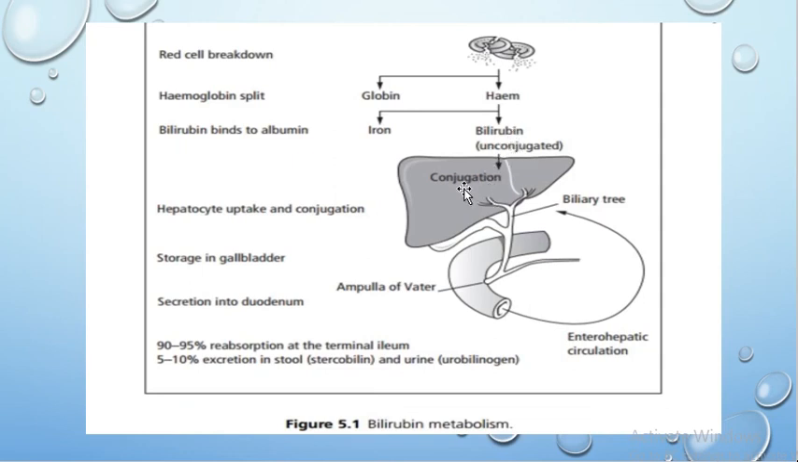After conjugation, it is stored in the gallbladder. After that it is secreted into the duodenum. In the duodenum, 90 to 95% of bile is reabsorbed at the terminal ileum, and 5 to 10% is excreted in stool. Okay, so in my next video I will talk about